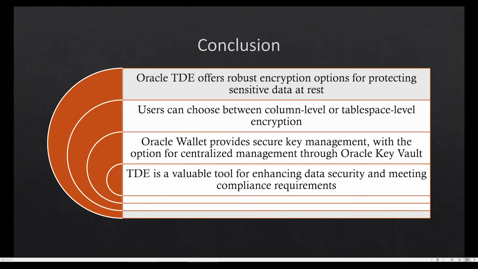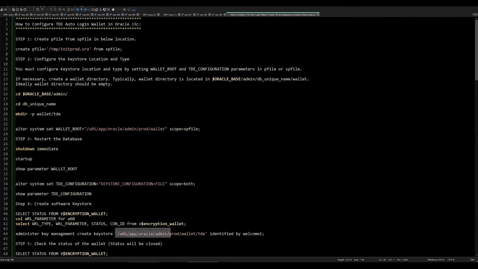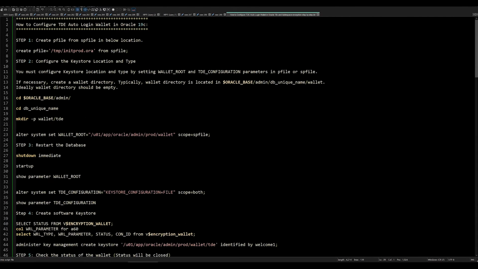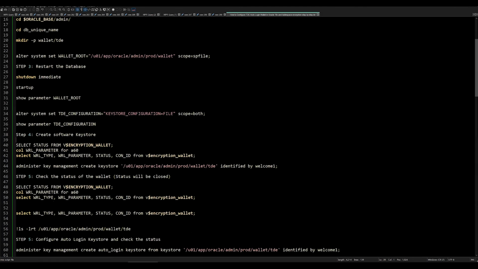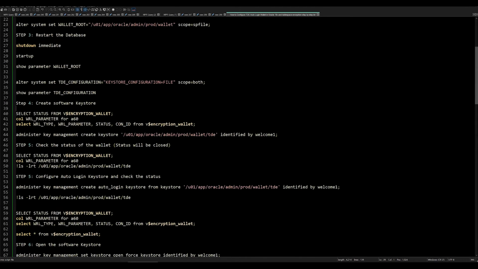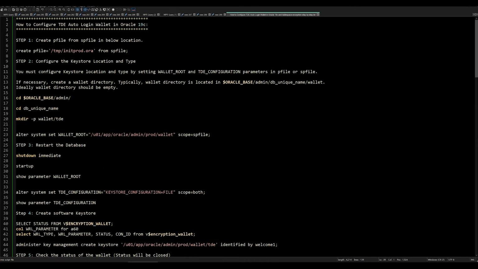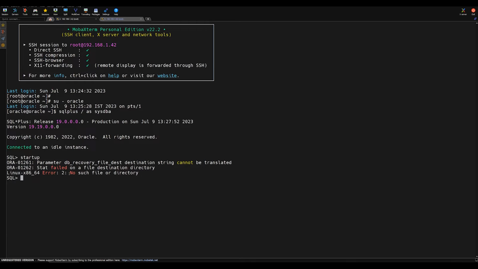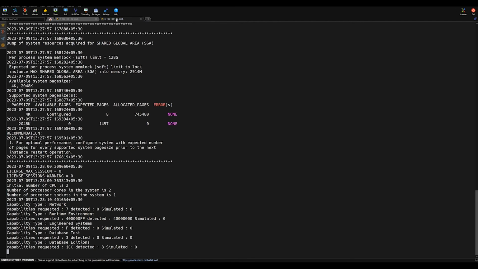Now coming back to the practical session, we will be doing a TDE implementation. We have the steps ready that we have to follow to do the TDE implementation, and then we will be doing a tablespace level encryption. So now we'll proceed with the TDE implementation. We have a database which is